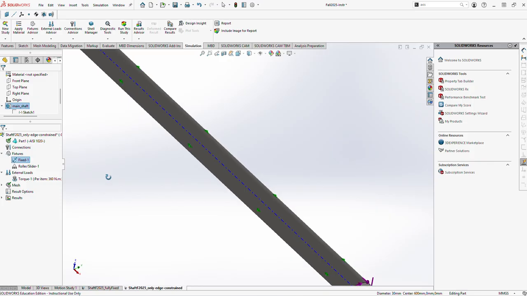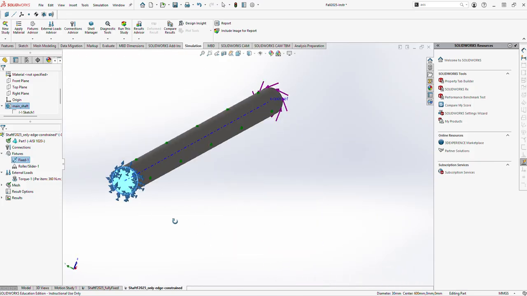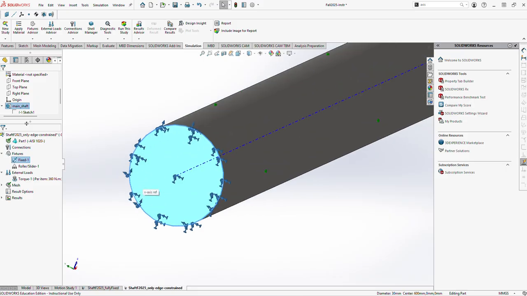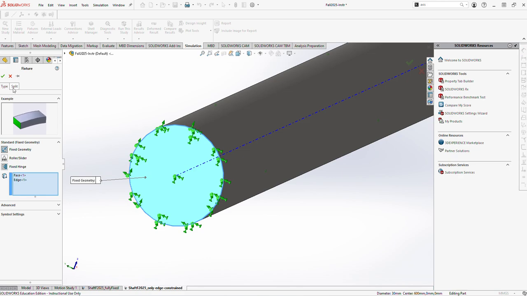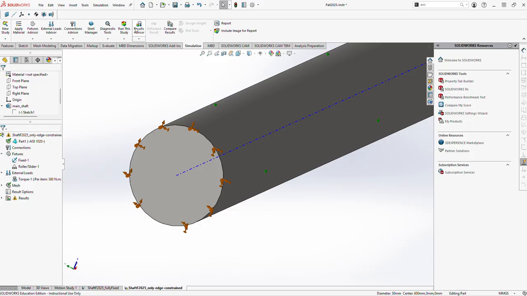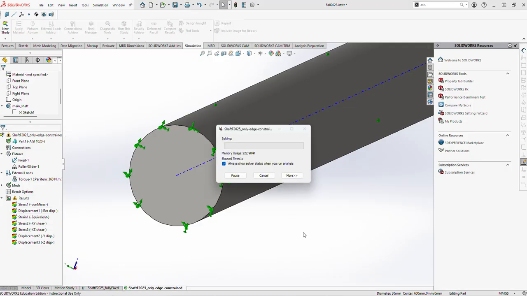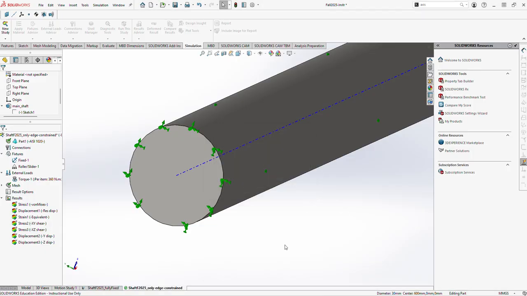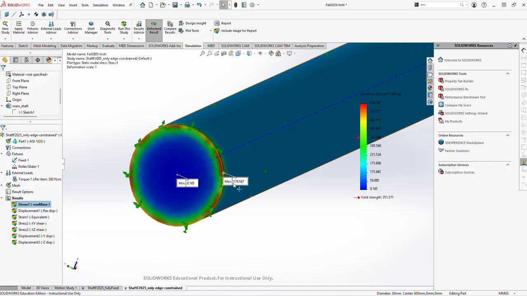So in this particular case, if I now change this boundary condition, edit definition, and here let's say I don't constrain the face, and I just constrain the edge. What will happen now is I will of course have to rerun the analysis because my results file will be invalidated. So once I rerun the analysis,